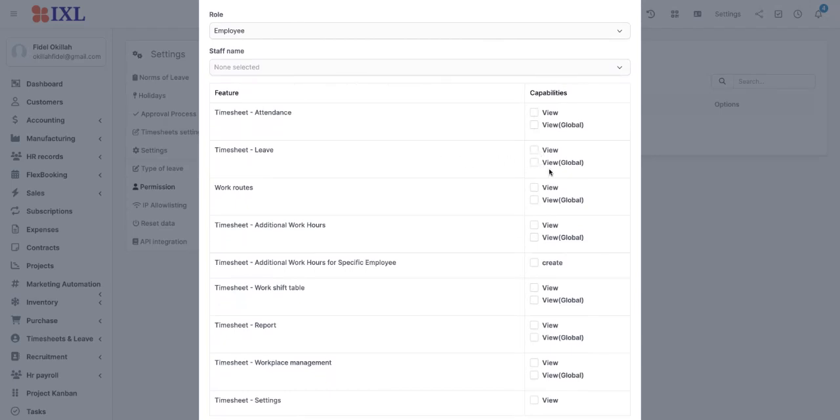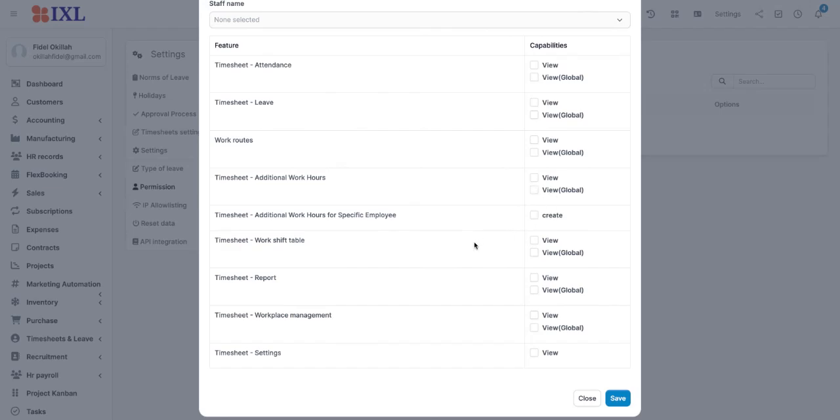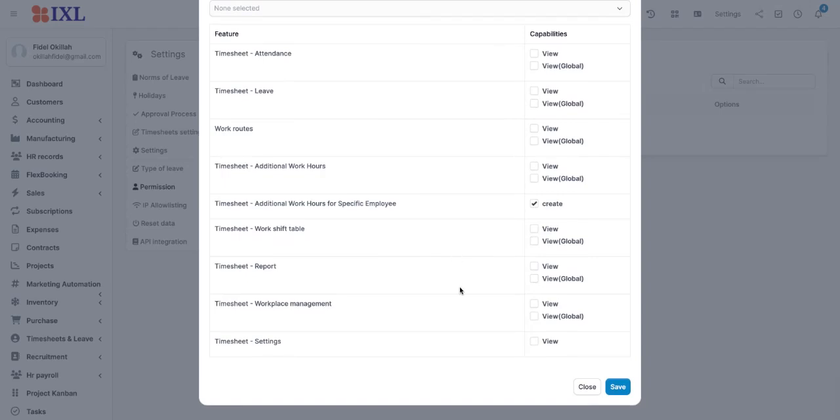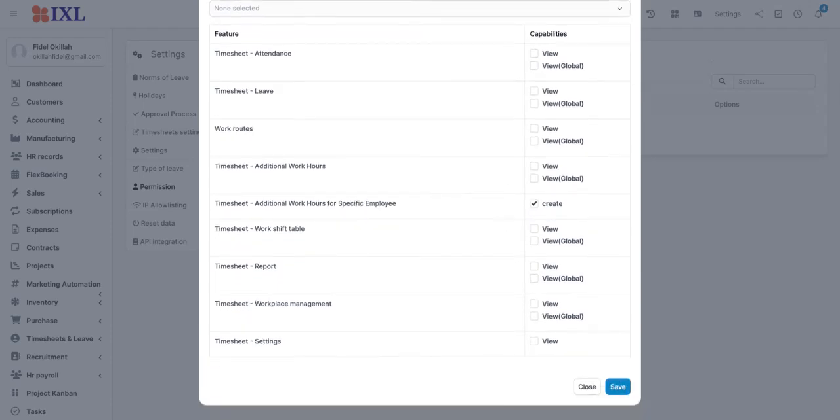They can only view the work routes, they can only view timesheet, additional work hours, they can create additional working hours, they can view or they cannot view, and we can give them timesheet settings, which they can view. So there are different rights or different permissions for employees. Staff in HR, say, would have all these rights to view attendance, to view timesheets, for their own timesheets and for the entire institution. And once you've done that, you're able to say